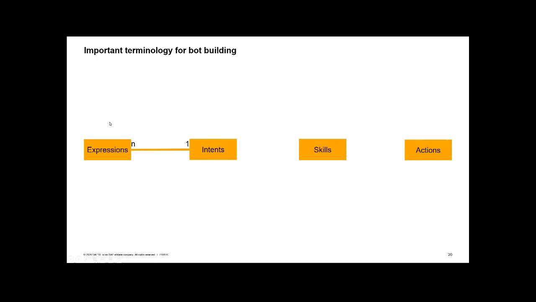But this is only the NLP part. So we have to define the intents and the expressions for the natural language processing, and then we can train our chatbot, so the AI from the NLP, based on that input data here. But if we write a message to the chatbot, then nothing would happen because we have to create a skill.